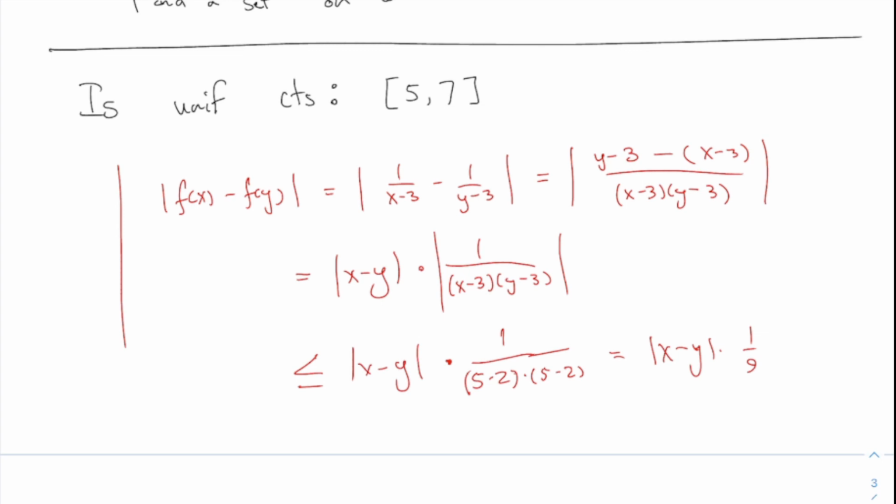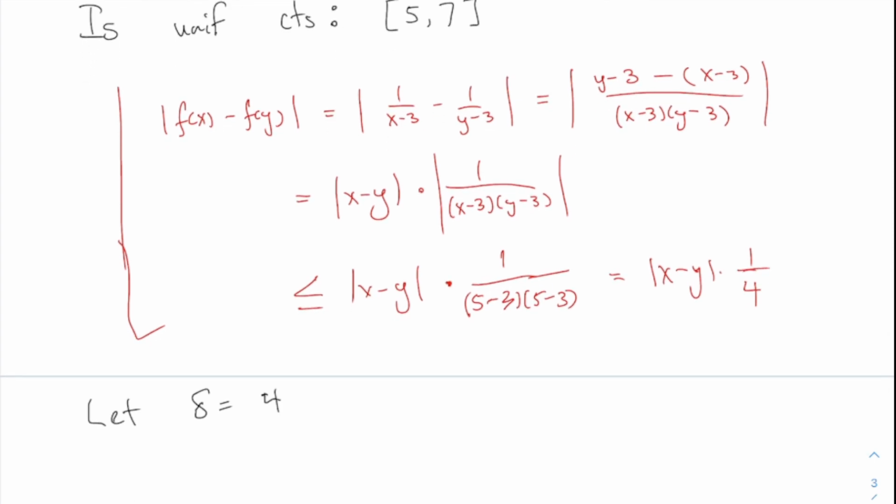Should be 5 minus 3. Yeah, thanks. I somehow did 2 steps in my head when I should have done 1. Okay, so then it's not 9, it's 4. All right. And so from here, I would finish by saying let delta be, I guess, 4 times epsilon,